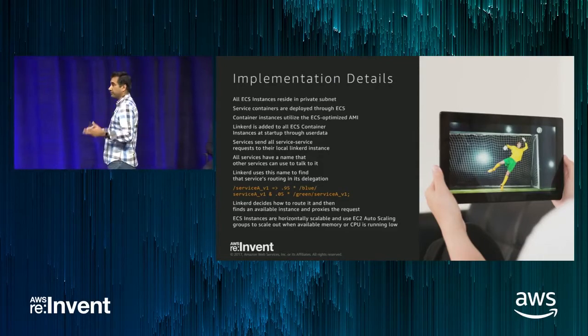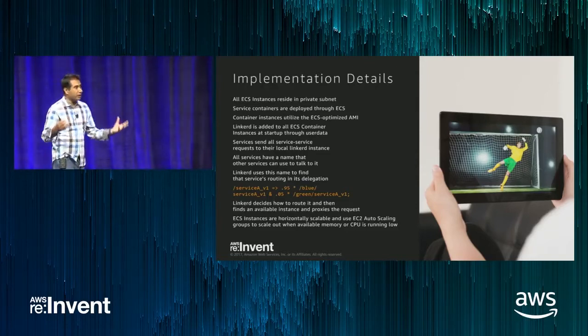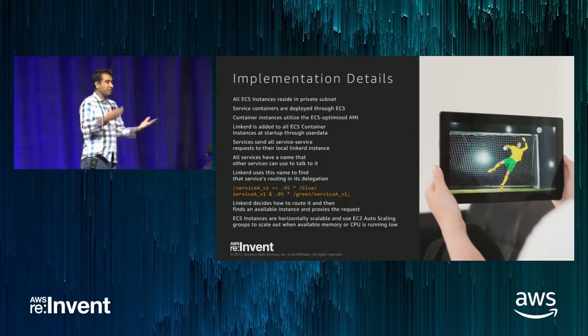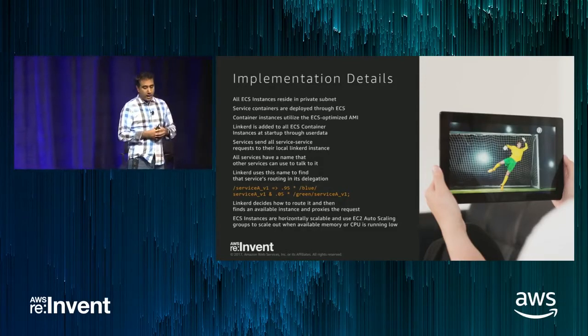So that could be something that says 2% of your requests are going to this service, which is actually creating different problems maybe, and you want to see how your upstream services react. So it gives you a lot of flexibility there.